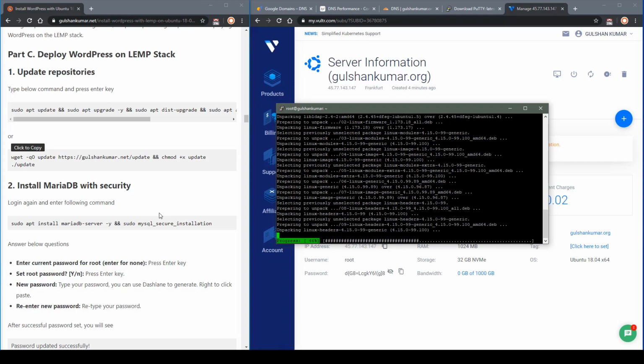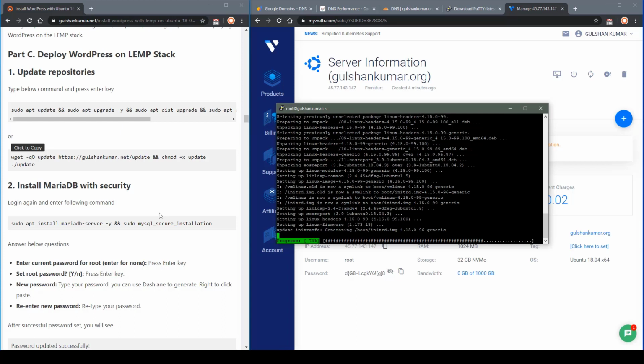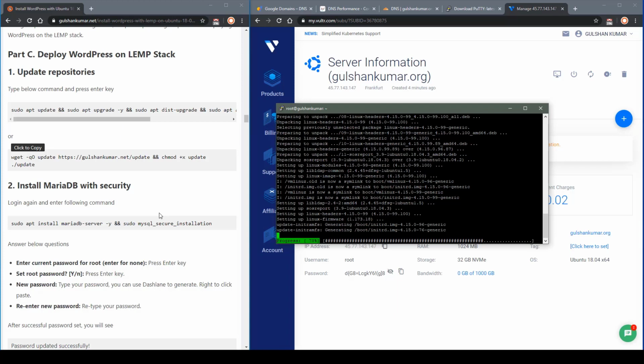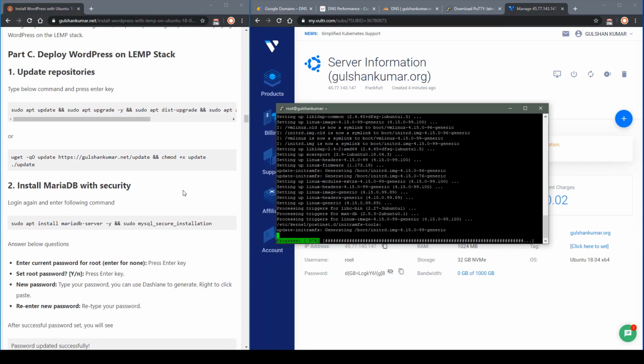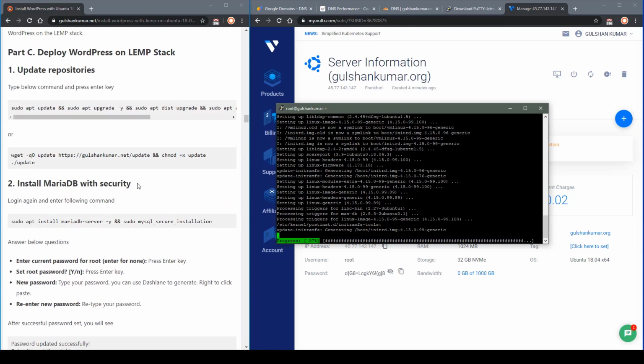This process usually takes a few minutes, sometimes even longer, but you need to make sure that during this process your internet does not disconnect, because it can cause some issues with your operating system. So please make sure this process goes very smoothly. Once this process is completed, I will go ahead and install all the required stack which is used for WordPress, like MariaDB, database, etc.